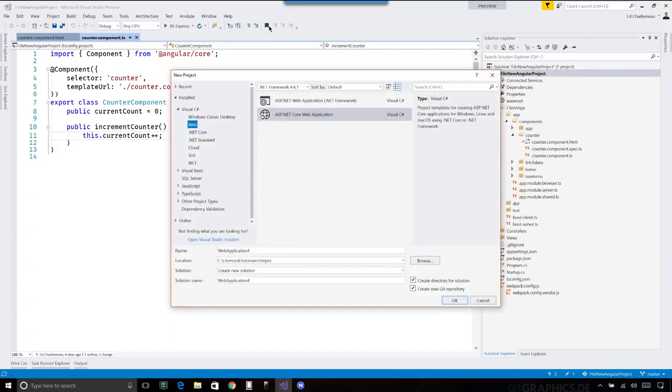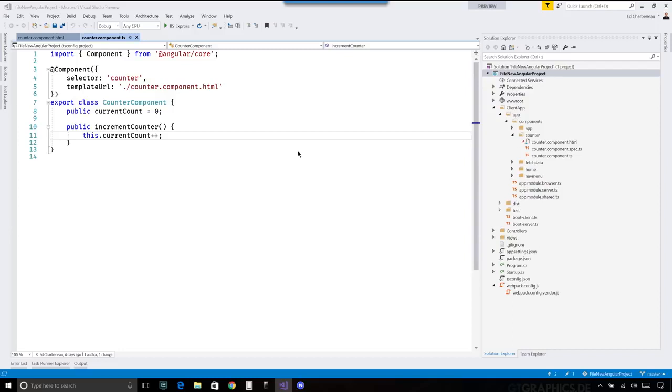Now, by latest, you mean? I am on Visual Studio Preview for ASP.NET Core 2.0. Okay. So by the time people watch this, it will have released. So you'll be using Visual Studio 2017 15.3 and ASP.NET Core 2.0, right? Yes. Okay. And this tooling should be available, and when you go to ASP.NET Core Web Application and click OK,